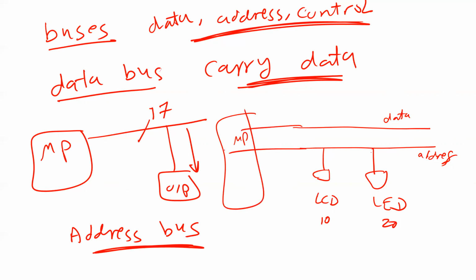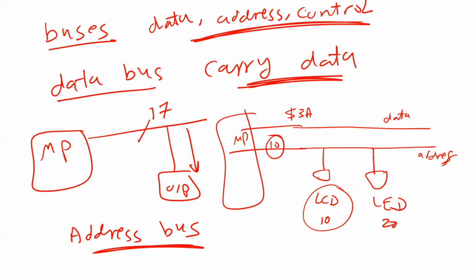there should be steps. In the first step, I have to write 10 here, right? This is number one. Number two, the second step, I have to write the data here. What data do you want to send to the LCD? For example, I'm going to send 3A. This is the byte I want to send to the LCD. Is that okay? Are you done? No, I'm not done. Why? Because how can the LCD know that the data is available and it can read right now? That's why we need a control bus.